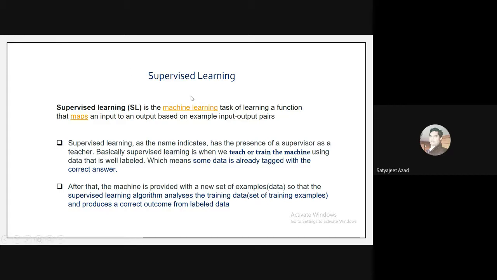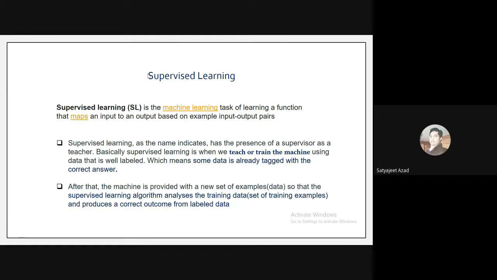So in supervised learning, I have shown you earlier one of the visuals where you provide input and output to the machine, and based on that they give you some kind of algorithm. They read some pattern in the data, and then they throw you some kind of equations. So a machine learning model is nothing but a kind of equation. It could be a mathematical equation. If you have given them some continuous data, they give you some kind of mathematical equation. So that is what we call a mathematical model basically.